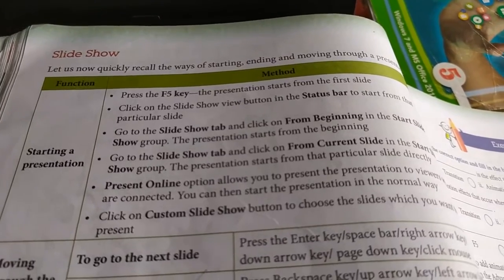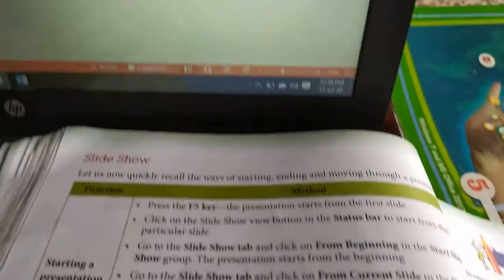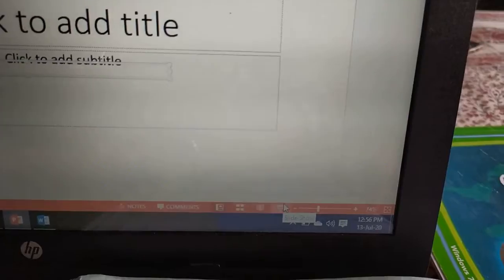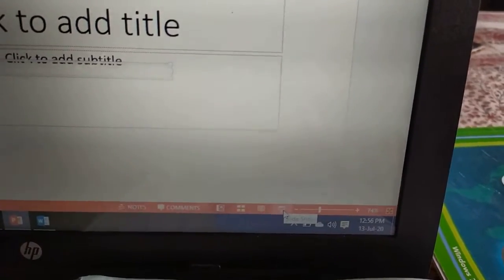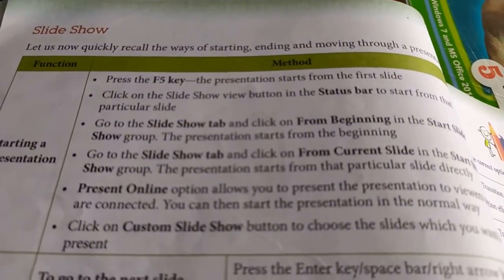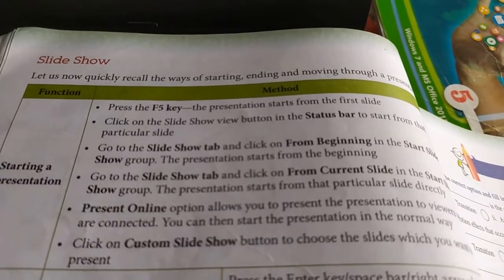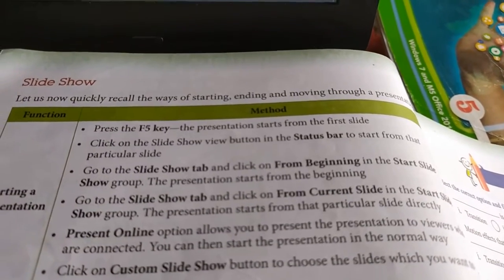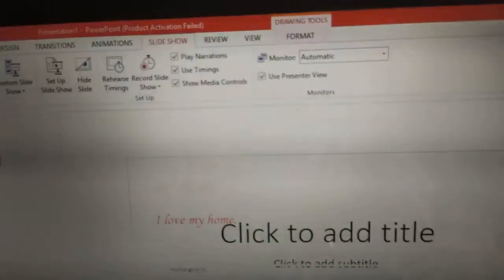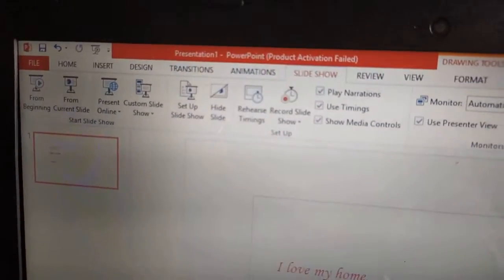Then we can click on the slideshow button in the status bar. Where is the status bar? This one is the status bar, and over here you can click this button and the slideshow will be started. Next, go to the slideshow tab and click on From Beginning in the Start Slideshow group. The presentation will start from the beginning. This is the slideshow tab and this one is the